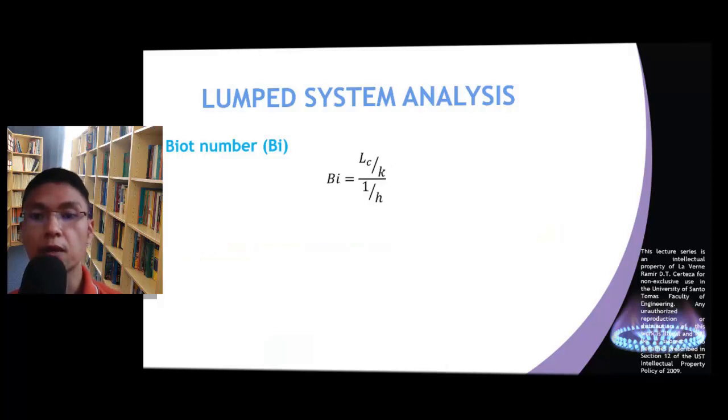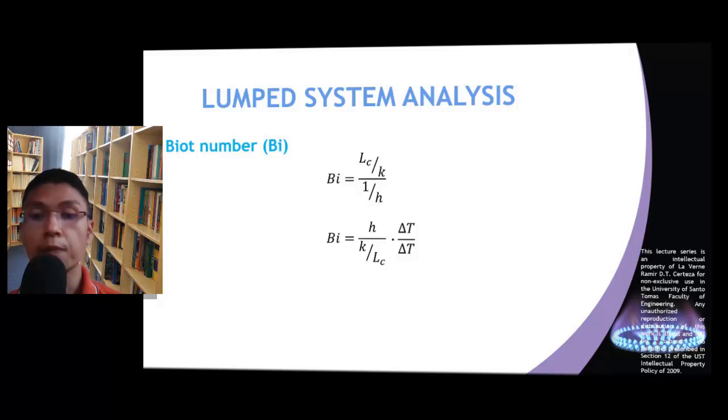Finally, before we leave the topic of Biot number, let us investigate further what its physical significance is. By manipulating the formula for the Biot number, we can write it in this form instead. Now, if we multiply a change in temperature, ΔT, to both the numerator and the denominator, we will see that